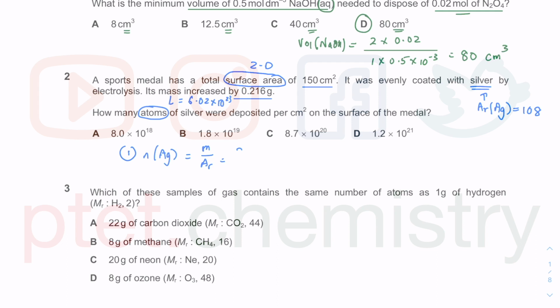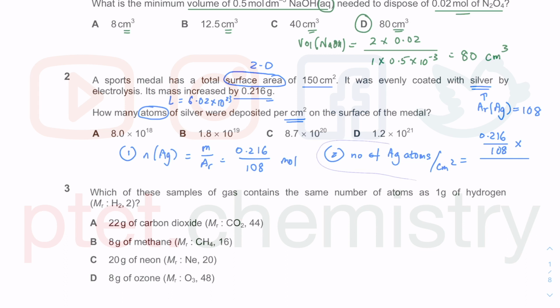So the mass increased by 0.216 gram, as given there, it was in gram, divided by the Ar in gram per mole, so divided by 108. This is going to give me the unit in mole. And then I want the number of particles, number of silver atoms per cm square. That is what the question has defined. So I will have the mole, which is 0.216 over 108, that is mole, and then I will multiply that